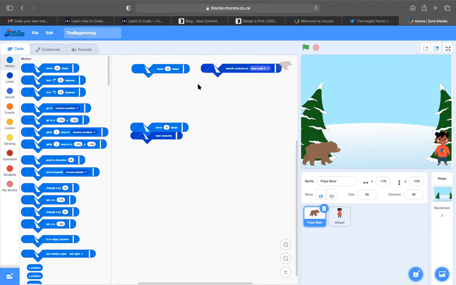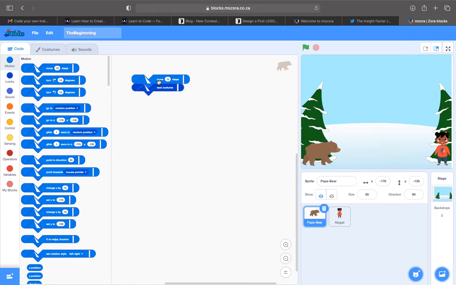Now, if let's say you made a mistake and that's not the code that you want, you don't necessarily have to drag it to where you found it. You can drag it back to that coding blocks area. All right. So now that you've moved 10 steps, we want to go through the different costumes that sprite has.